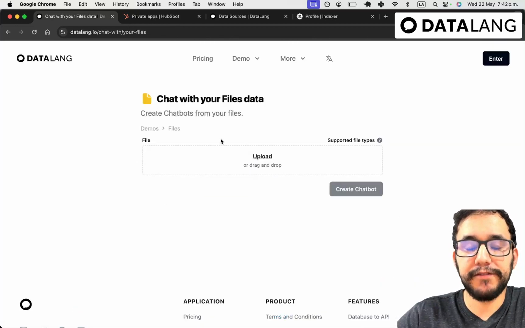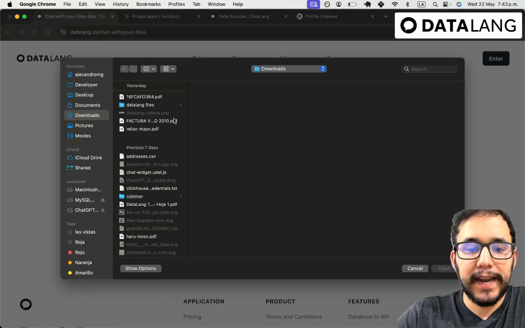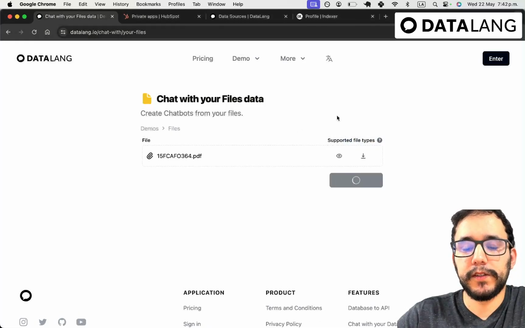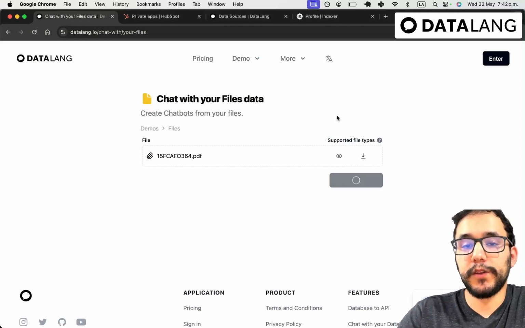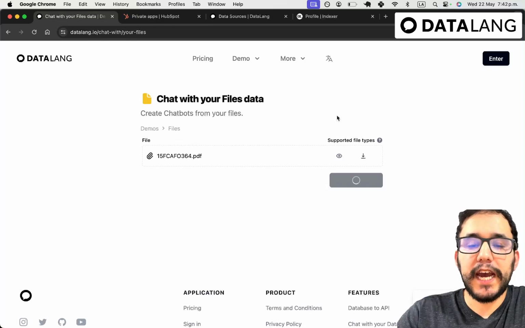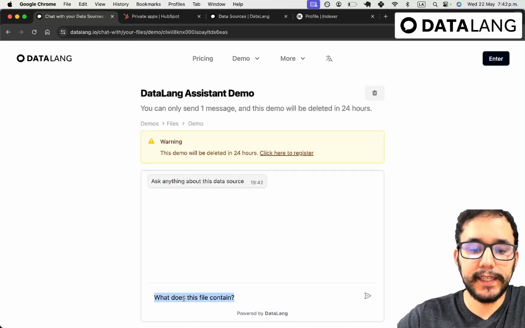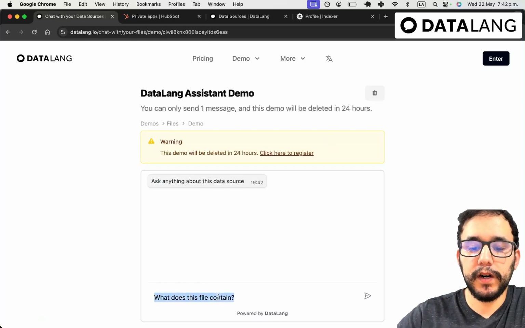The first one is the files. Here, I'm going to upload an invoice and then ask it what's the total amount. So right now it's creating the knowledge on the GPT assistant so that my chatbots know what the files contain. So I can ask this, what does this file contain? Or give me